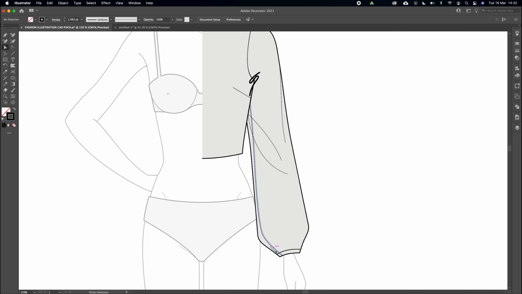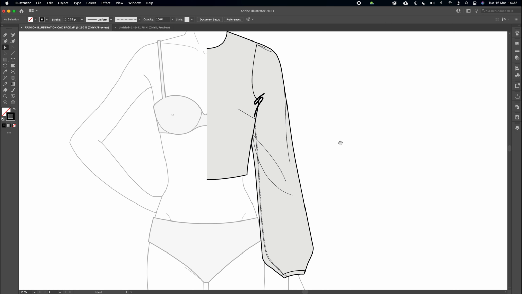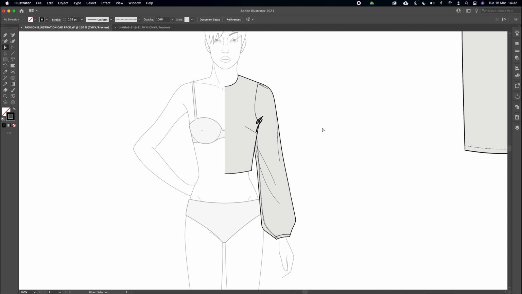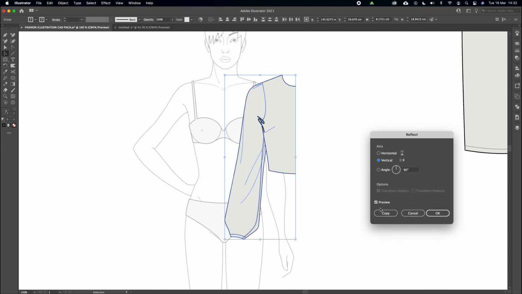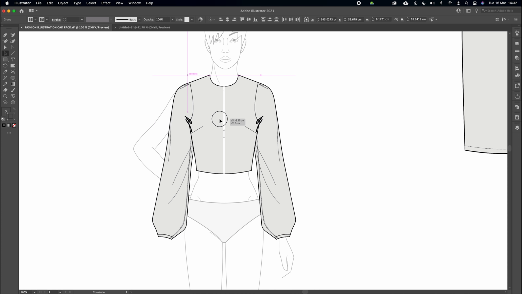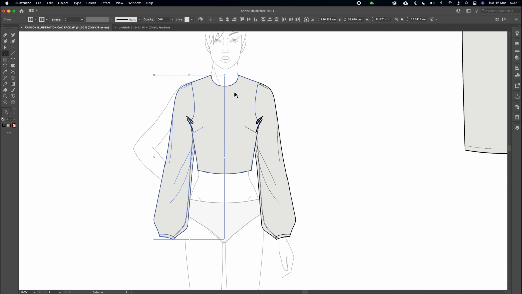So it just shows that you can adapt the sleeve very, very quickly and easily without having to go back and redraw everything all over again. You can move these down to here, for example, just like that. Perfect. So that would be a completely new variation. I could then just simply select all of it, transform, reflect. We've done all this before, so I'm not going to go into too much detail. Drag it over to the opposite side, and then we have a completely new,